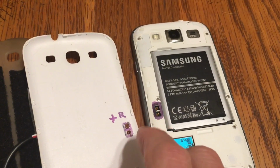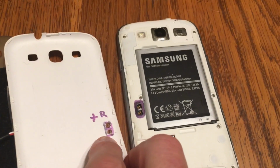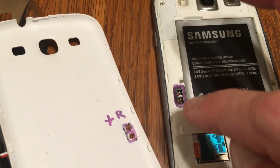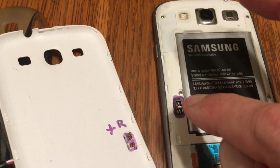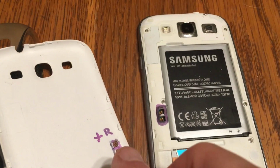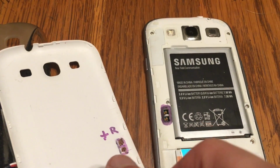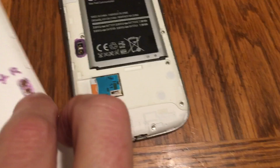What I did is, to get the whole location for the positive and negative, I got a felt tip marker and I drew around these two ports here. The one that's closest to the top of the phone is the positive, and the one on the bottom is the negative. So I marked that, and then I put the back cover on and pushed that down into the phone while the felt tip ink was still wet, and it transferred the position onto the back cover. So then I drilled a couple holes through that,